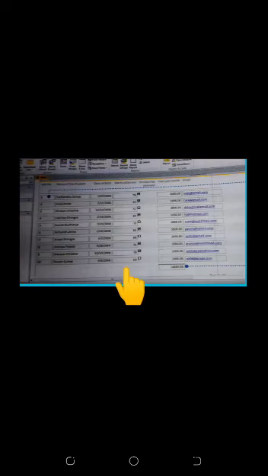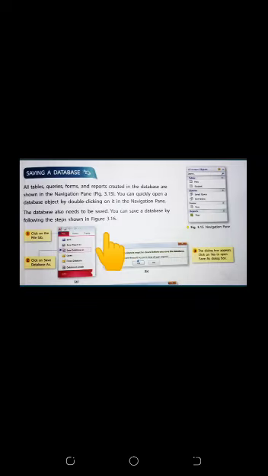For creating a report, you will click on the Create option. In the Create tab, there is a Reports group, and there is a Report option in it. You will click on Report. When you click Report, it will create a report for the fee table like this. Here on the top, it will show the field names, and at the bottom it will show all the records. There is also a navigation bar. If so many records are there, you can navigate. So I hope you have understood how to create forms and how to create reports. These are very easy.